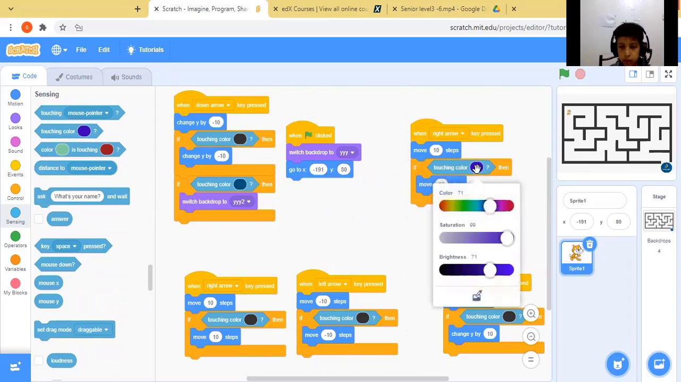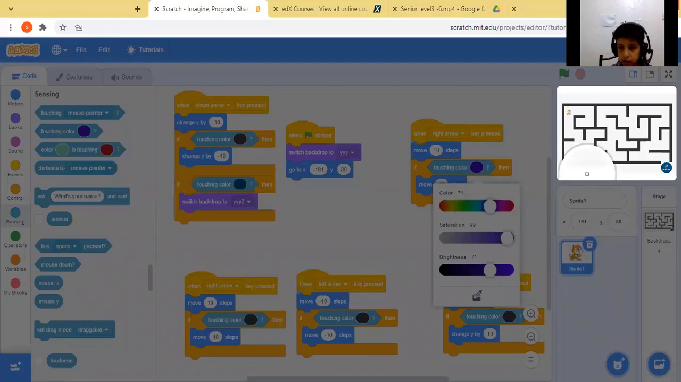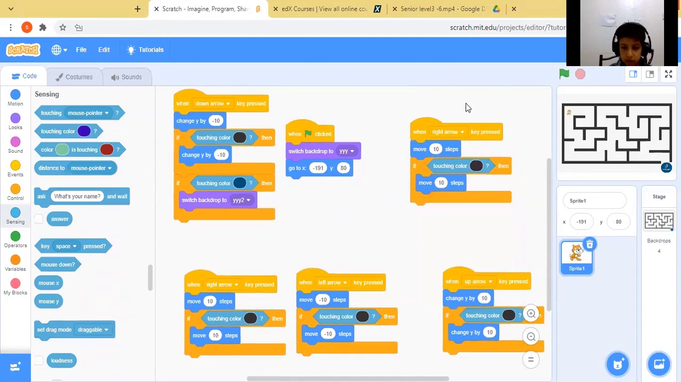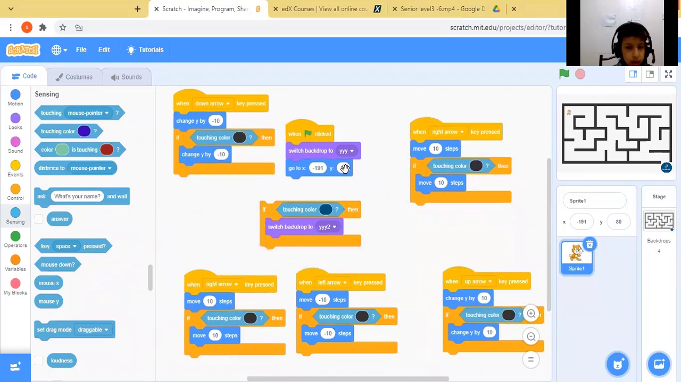And click here and click here and go here. This color we will take. This color in all of it. We will make it on all. Also here, guys, like you see, it's this and this and this and this. Now